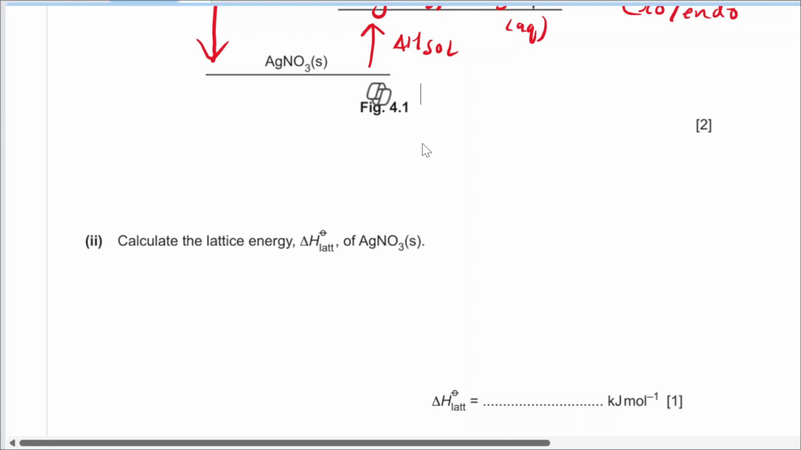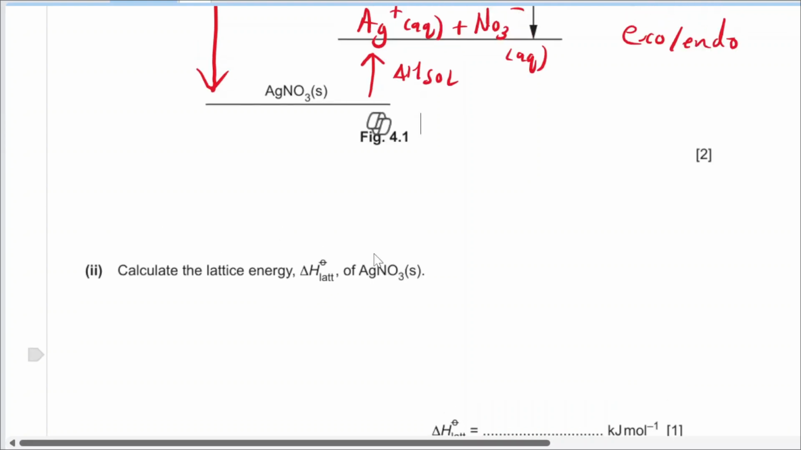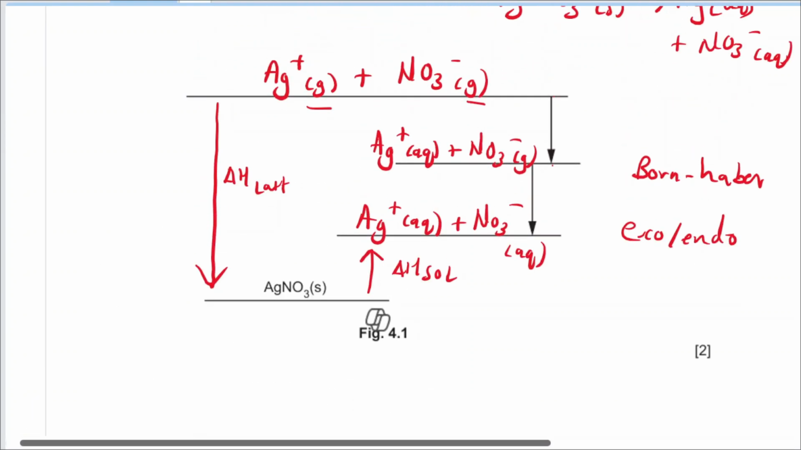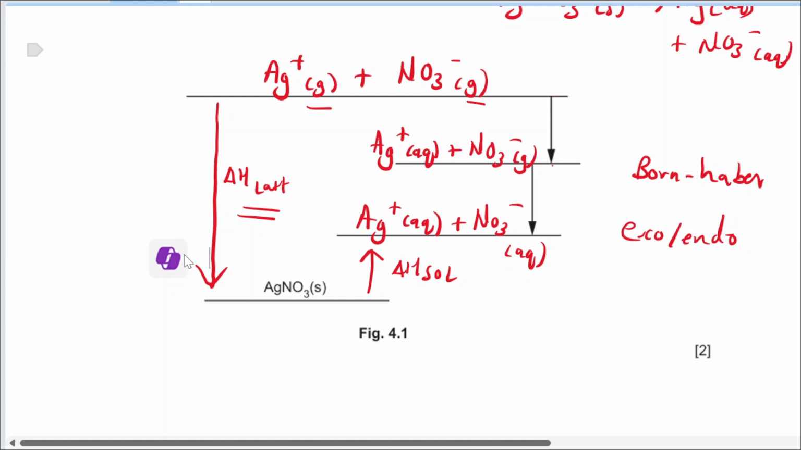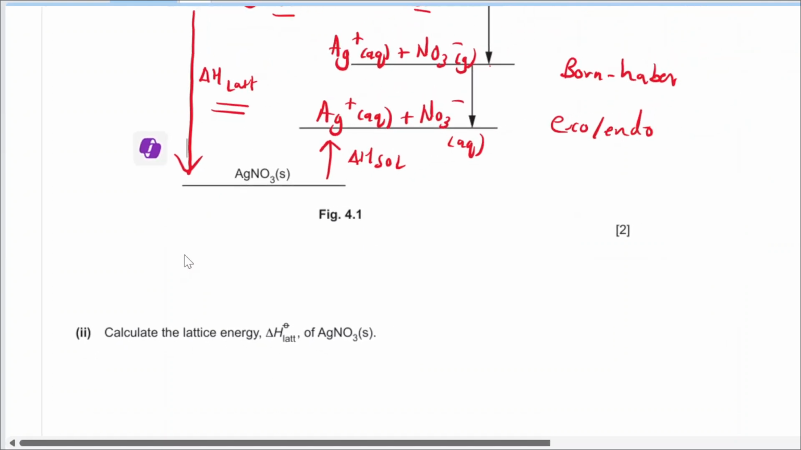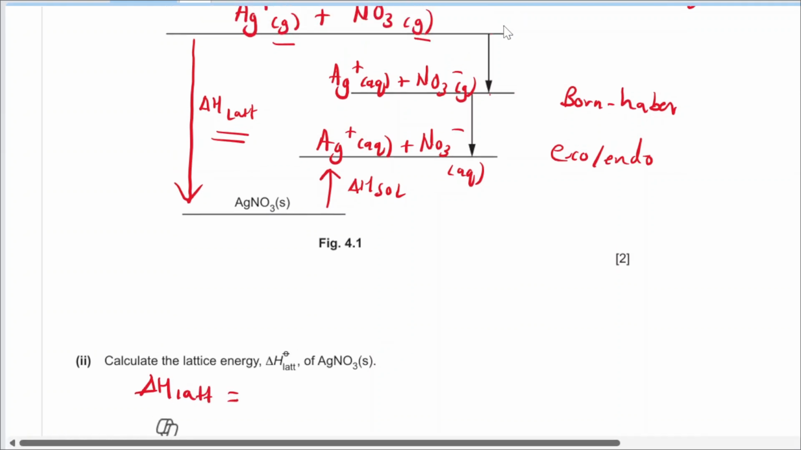Now to continue, let's calculate the lattice energy for AgNO3. So what are we finding? We are finding this lattice energy, right? We are finding to go from here to here. Now, as always in Born-Haber cycles, to go from here to here, you can also go the longer way around, right? So here we can make an equation. We can say that the lattice energy is equal to, we start from here to here, plus from here to here,